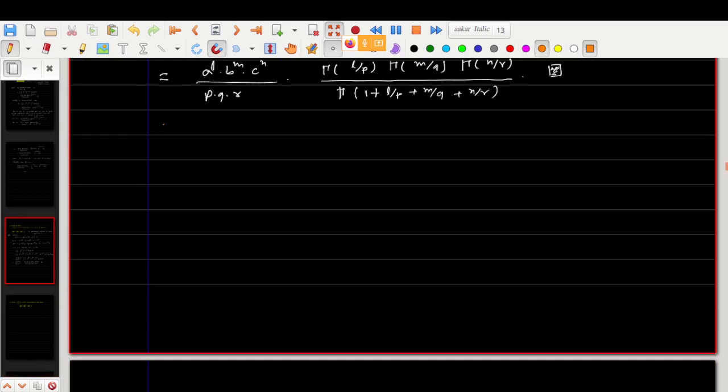Corollary, it says: the triple integral of x^(l-1) y^(m-1) z^(n-1) dx dy dz actually equals a^l b^m c^n